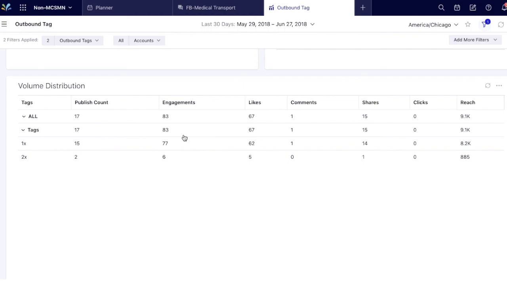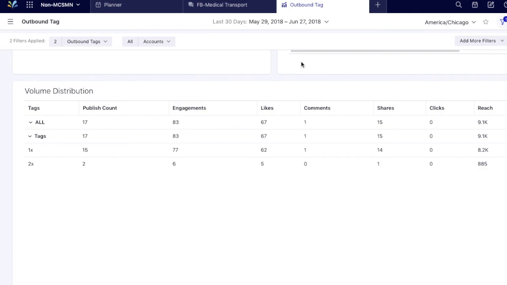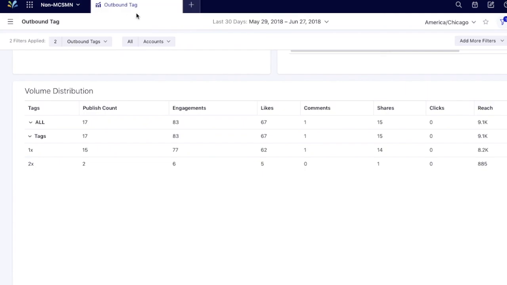A recent addition to Sprinklr has also been the ability to have tabs across the top like this that are maintained. So we could click back to go to the planner or to go to the engagement dashboards, or now we're in the reporting section. And if you don't want these tabs open anymore, you can simply exit out of them, such as removing the engagement dashboard there, the planner, and now I only have one